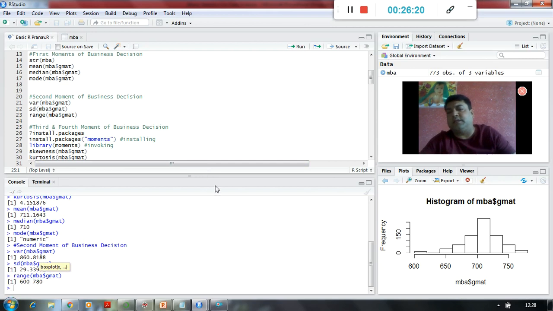So the two plots we have seen, one is bar plot, one is histogram, and alongside that, while interpreting the plots, we have also learned how to use R code, or functions. You can see very small functions, one word each, and after executing those functions you will get the details about the data, right?